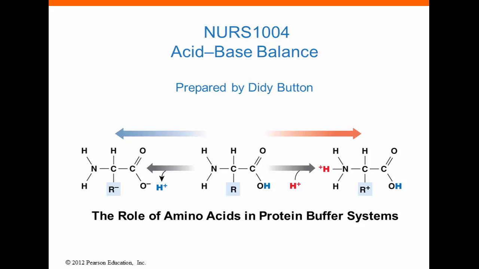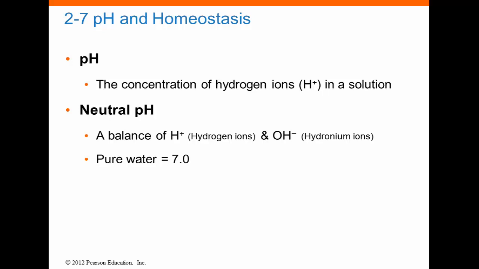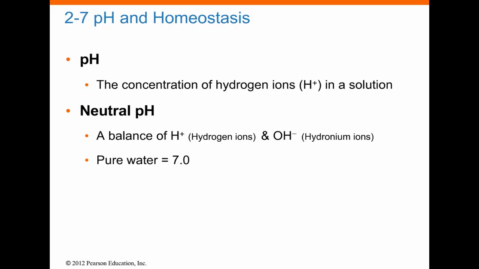Hi everybody, this is about the acid-base balance and the importance of acids and buffers in the body. So you will have seen the symbol pH, the letters small p with a big H. It means, just as it says, pH, but that stands for the concentration of hydrogen ions, represented as H+, in